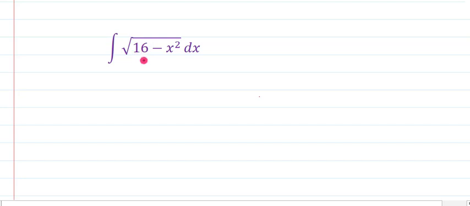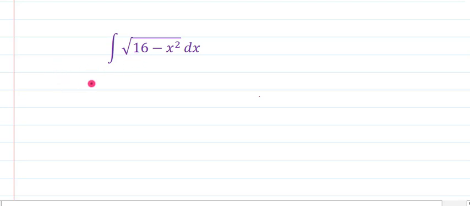Now let me discuss how to use these results in our questions. As I told you, there is no need to prove the result. If we are getting the same type of question as we have studied in the 3 results, we will directly use the identity. So this is what? This is simply 16 can be written as 4 square. So it is simply square root of 4 square minus x square. So here a is 4 simply.